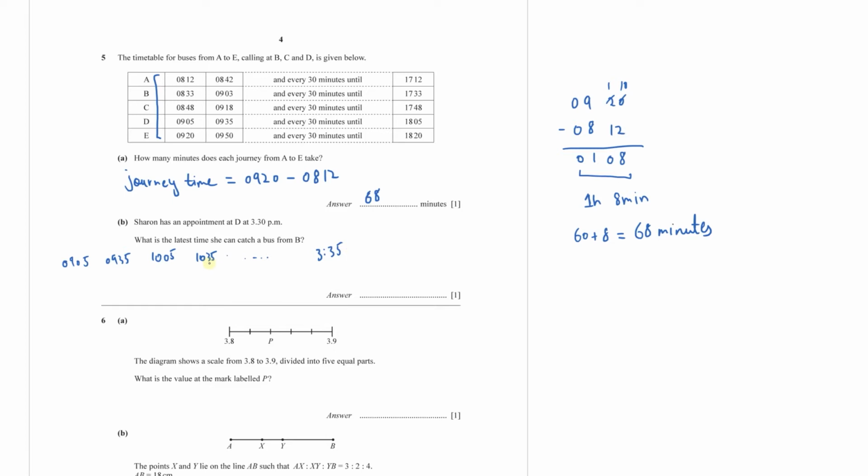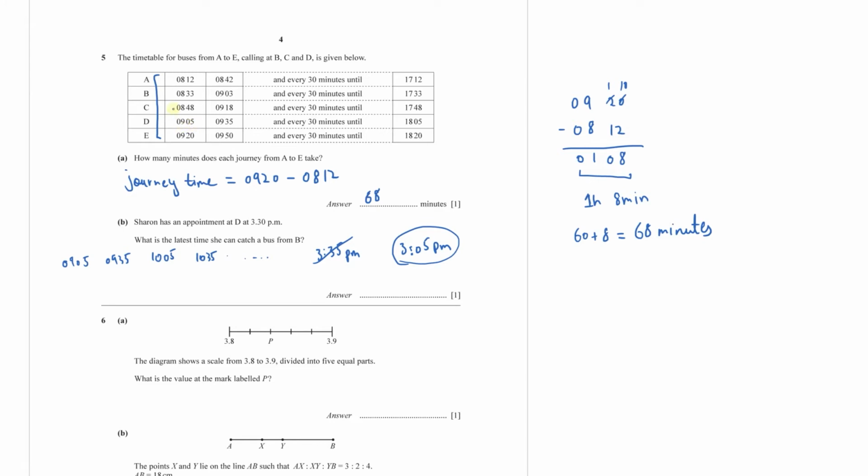3:35 p.m. because there's a bus at 35 minutes after the hour mark, and the other one is 3:05 p.m., right? So she cannot take this bus because this is after the appointment. So she has to arrive at D on the bus that arrives at point D at 3:05 p.m. So the bus that arrives 5 minutes after the hour mark, so we can see here the one that arrives